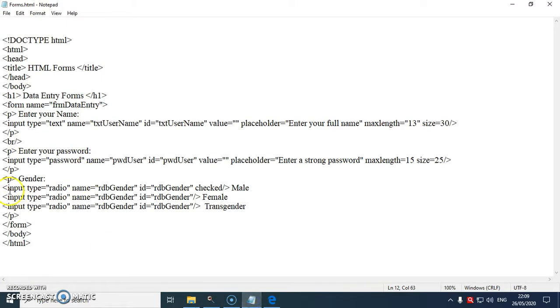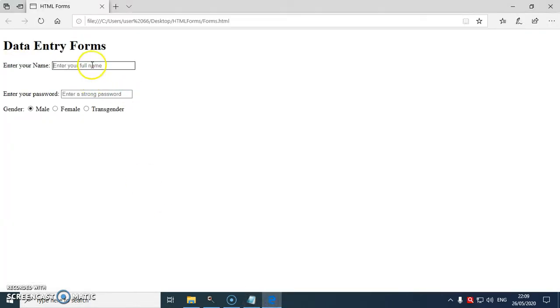Similarly, radio buttons should also carry a value. And what is value necessary for? The data that we fill up in a form is sent to the server for processing when you click on the submit button. So what goes to the server for processing? The data is sent in the form of a key pair. The key pair is made up of the name and the value. Every control's name equal to value goes to the server for processing.